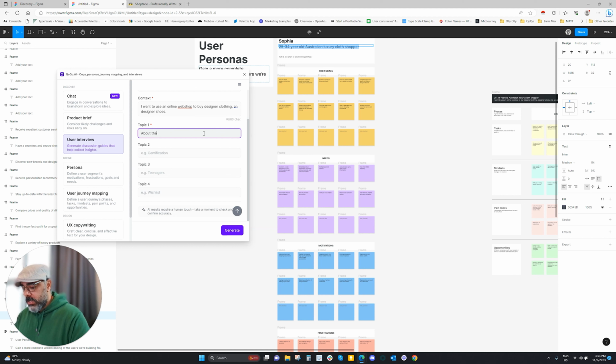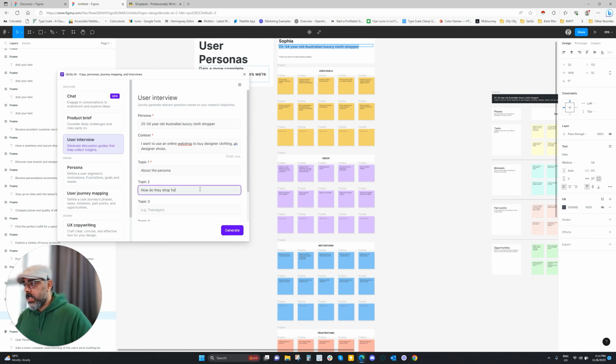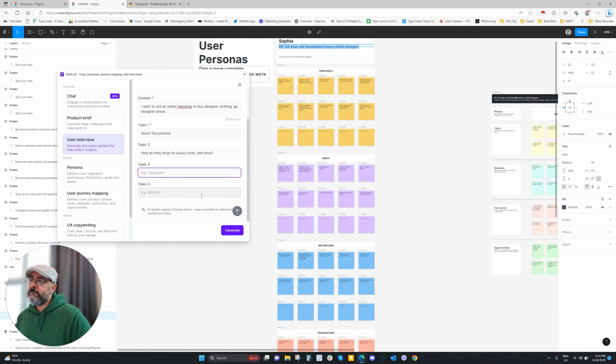So maybe the first one, let's say, about the persona. Okay. Topic 2 could be how they shop, and keep it relevant to the topic. Okay, so how they shop for luxury clothes and shoes. Topic 3, I honestly haven't gone through the needs, but topic 3 could be challenges, needs. What would drive them to shop online? Okay, for example,